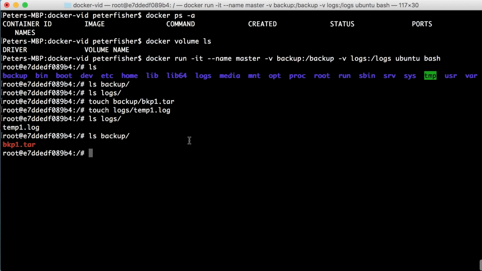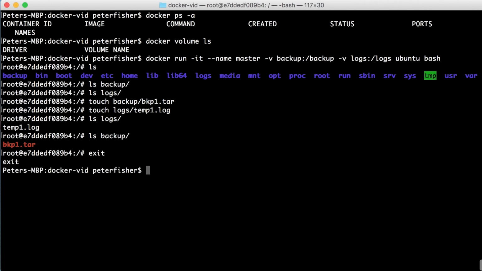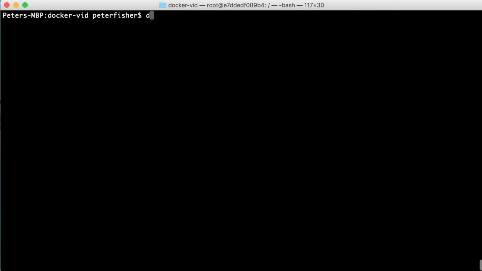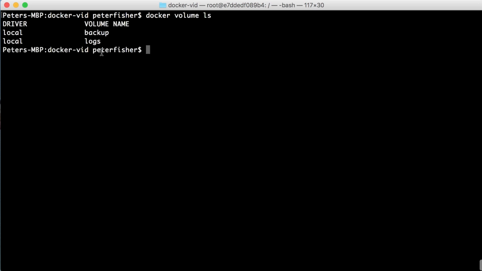backup file. Let's exit this container, and let's clear the screen, do a docker volume again, just to list these volumes. So we've created these volumes as we created the master container. Let's use the volumes-from command. Let's create a container and mount all of these volumes in one. So we do a docker run -it to do it interactively, --name. We're going to call this slave1, and the command is